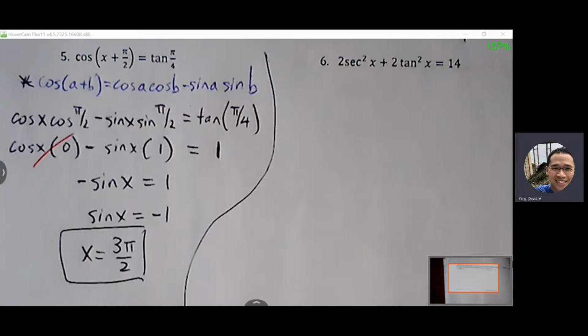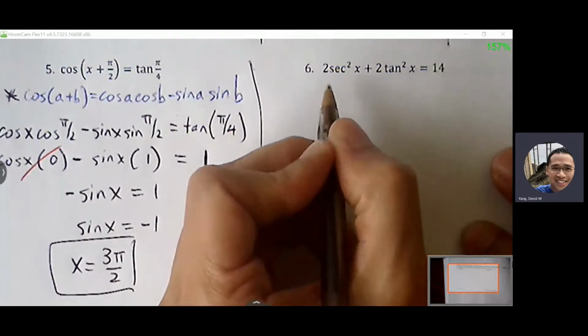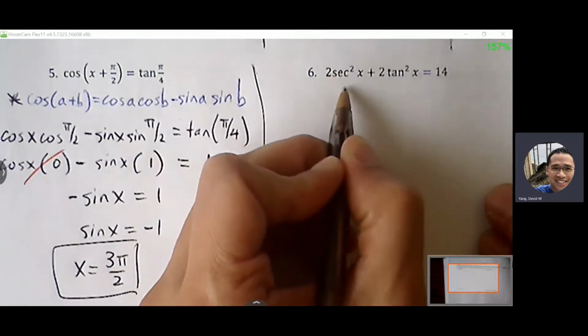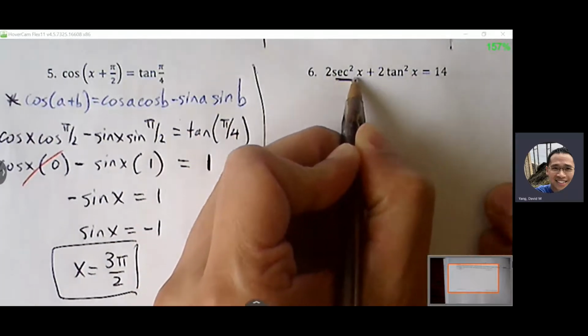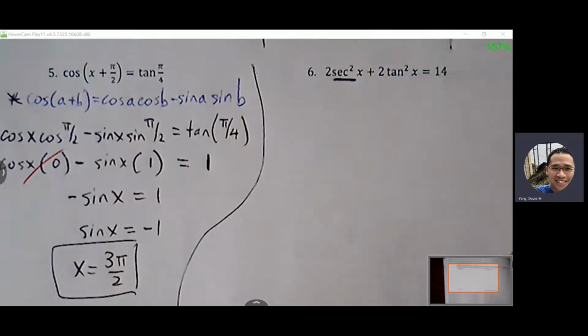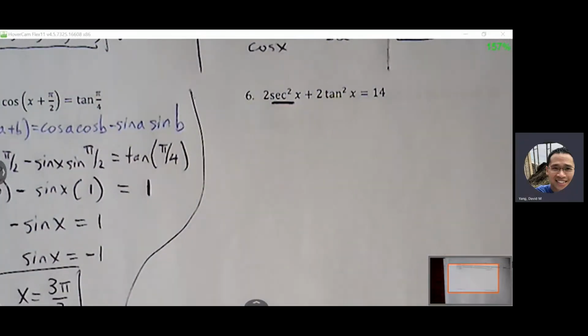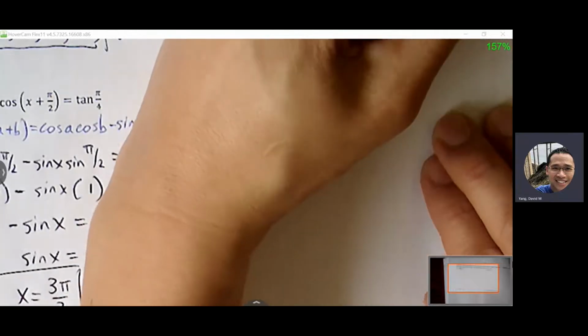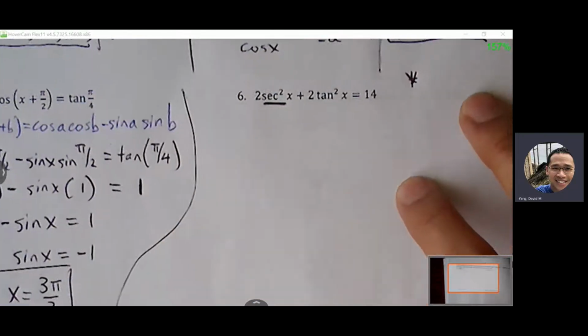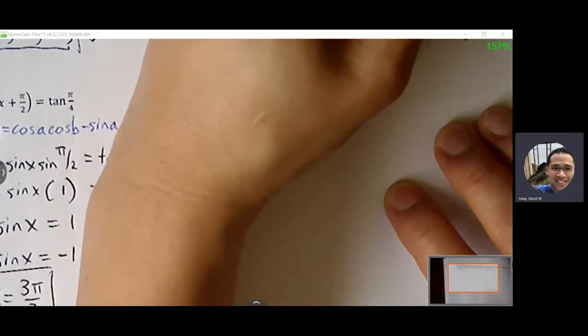Just because tangent is something that we can see on the unit circle. But if you prefer secant, that's fine. I'm going to do it in terms of tangent, but we'll get the same answer either way. Okay, so I'm going to try to replace secant just because tangent is more familiar to me. So remember, if you look on your identity sheets or back of this packet, we have the identity here, 1